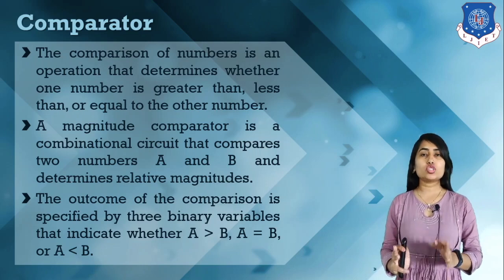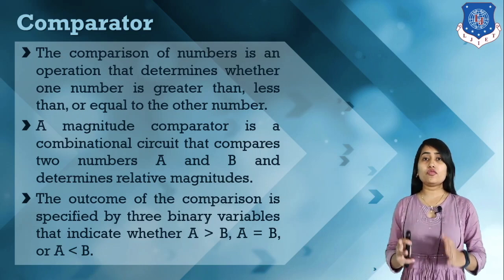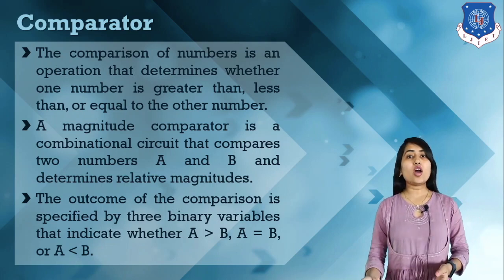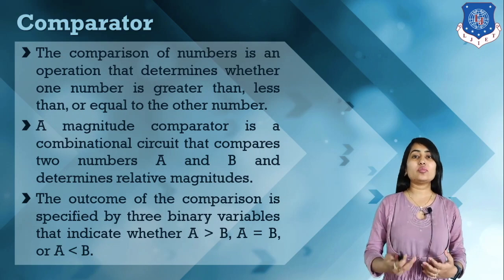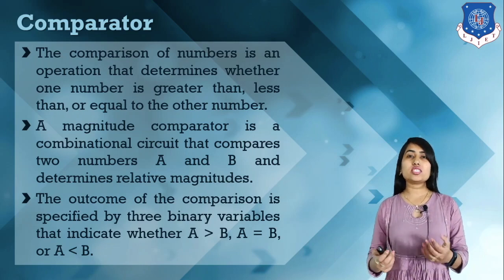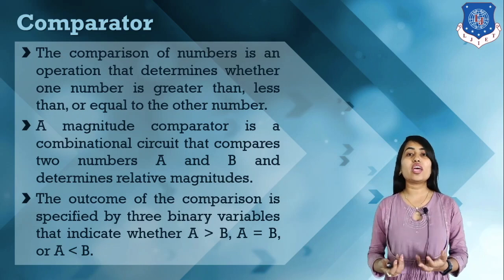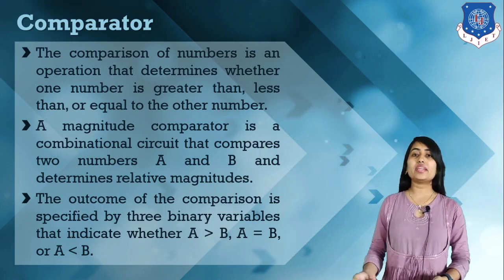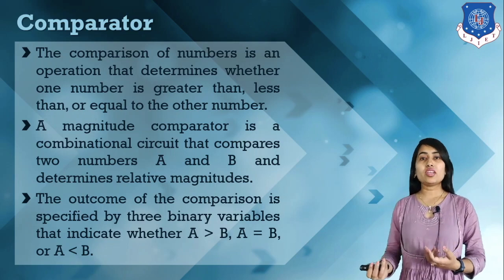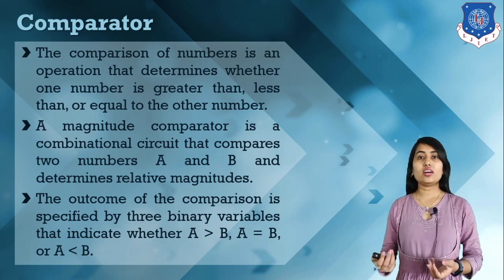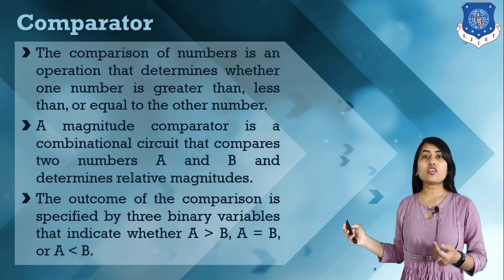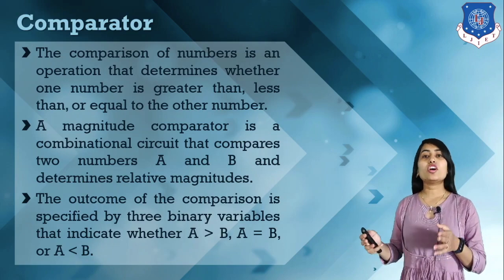If we have two numbers A and B, and we compare A and B, we have three possible outputs: either A greater than B, or A less than B, or A equals to B. This comparator compares the magnitude, that's why it is also known as a magnitude comparator. After magnitude comparison we have the condition that a number is either greater, less, or equal. We have different kinds of comparators according to the number of bits of a number.